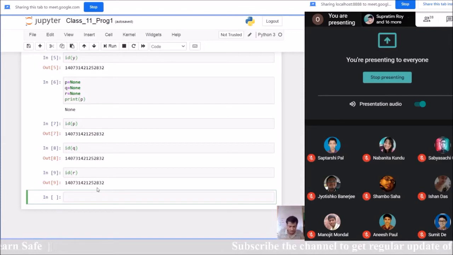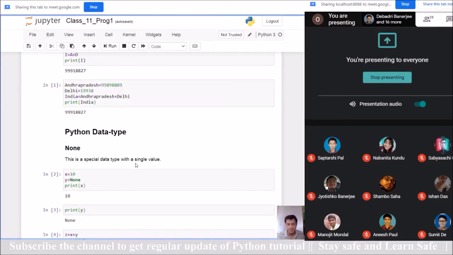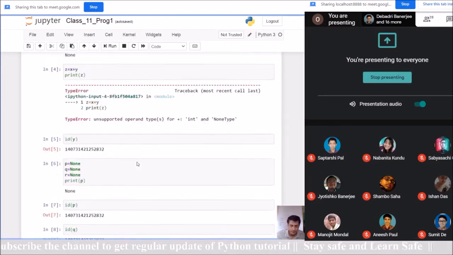Is it clear? Any query? No, sir. Okay, so this is basically None. We will use None in different programs, obviously, but the purpose of None, I think, is clear. Just note down these examples and the text.